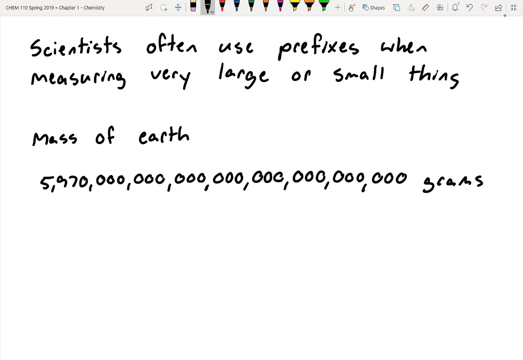So if we're trying to measure the mass of something like a planet, that's going to be an extraordinarily large number. That's a good question. What would we call that? I don't even know what the prefix would be for that. But what we can do is we can imagine that there's a decimal point right here, right? So the decimal point would just be at the end of that number. And what I'm going to do is I'm going to take this decimal point and I'm going to swing this decimal point all the way over here. So we're going to move to the position right after the first non-zero number.